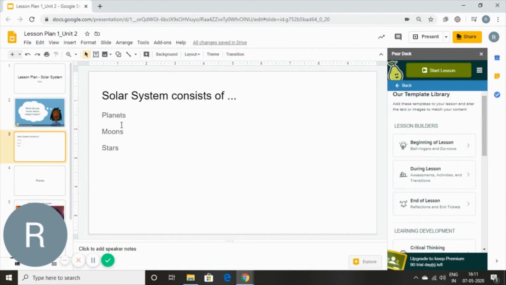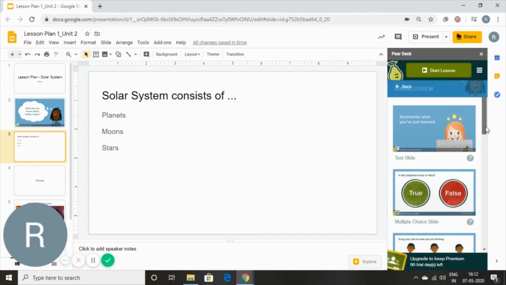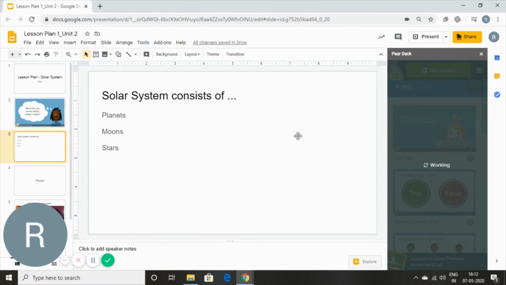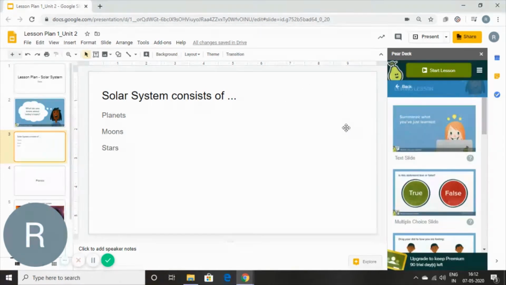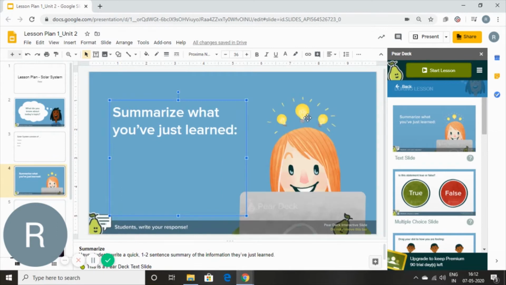So I have taught them that solar system consists of planets, moons, and suns, and I've taught them some more. I've given them more information on each of these, and I want to put in a question. So I'm going to go to during a lesson. You can see that there is something like summarize. So if I add summarize, the students will have to type out what they have learned so far in the lesson. But I don't want to use summarize, so I'm going to go to the slide and I'm going to